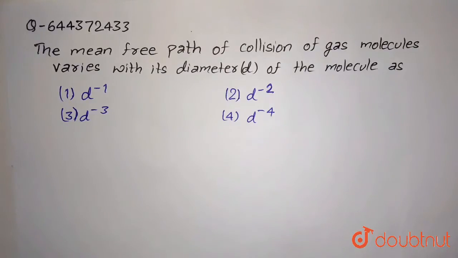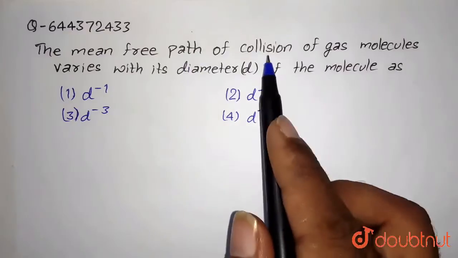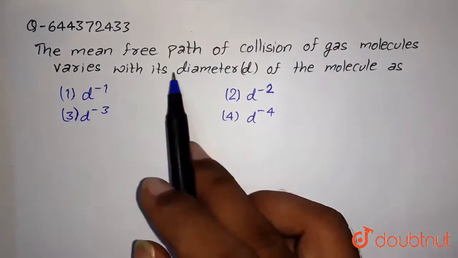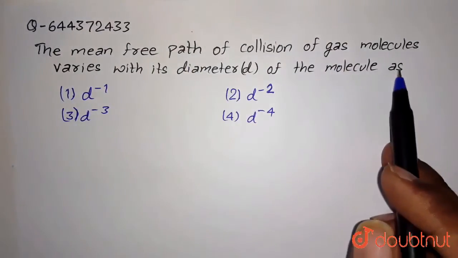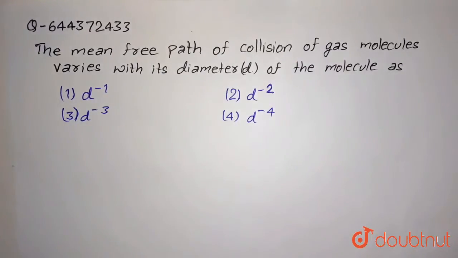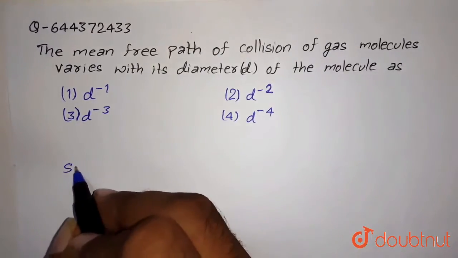Hello students. So here we have the question. The mean free path of collision of gas molecules varies with its diameter of the molecule as. Options are given. So our solution will be